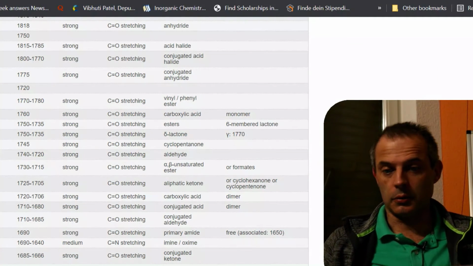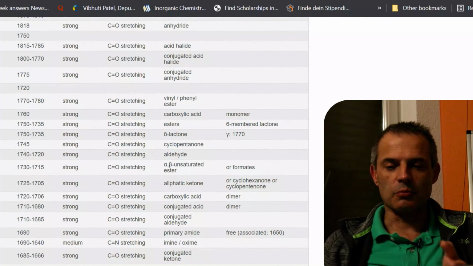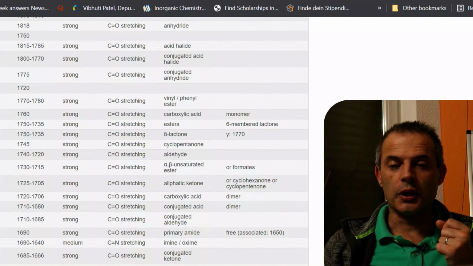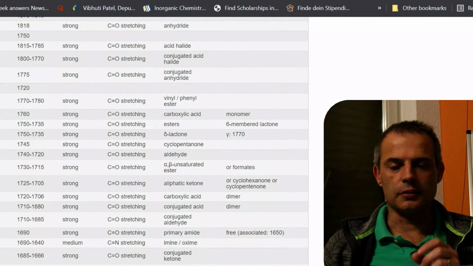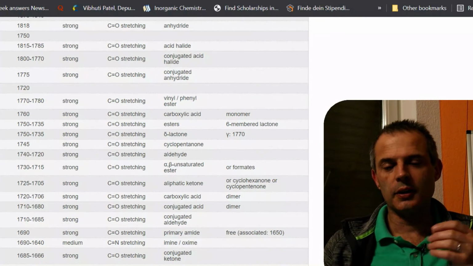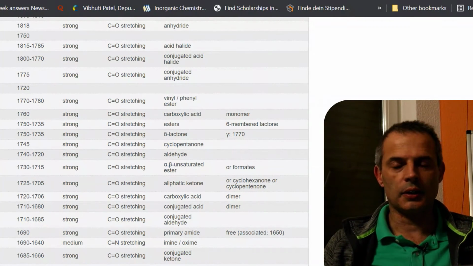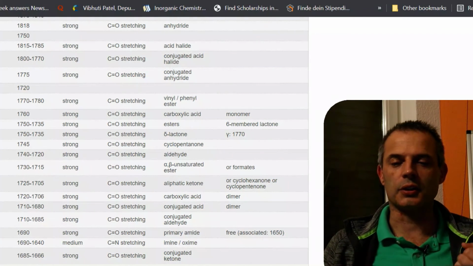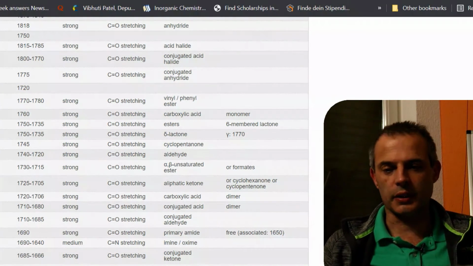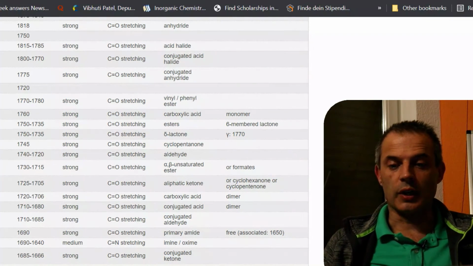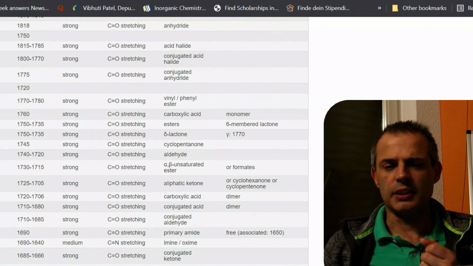Moving on to the next region, which is to the right, but it's lower in wave number. We get to the C double bond O's, and there are a lot of these. Obviously, it's near to the carbon dioxide peak, but not super near, because the next carbon also affects the electrons. The other oxygen from the carbon dioxide is also pulling electrons away, so it affects the strength of the other one. And in this case, we've got a little bit of a gap, so it's relatively easy to see that